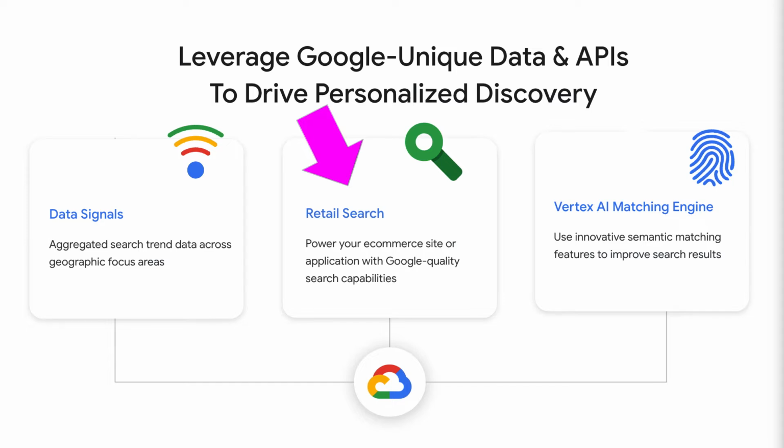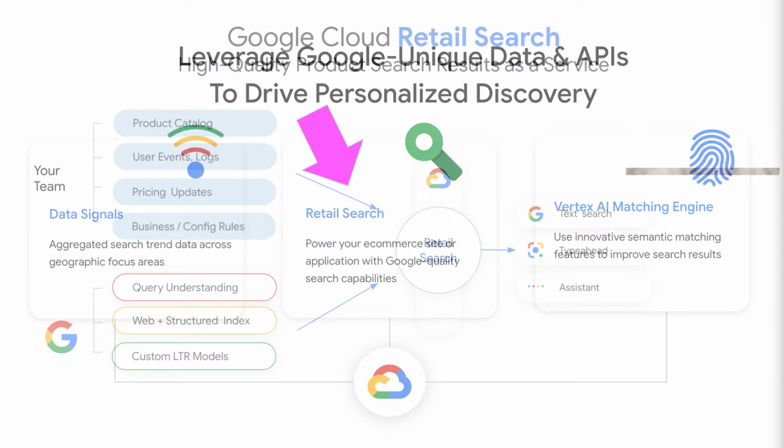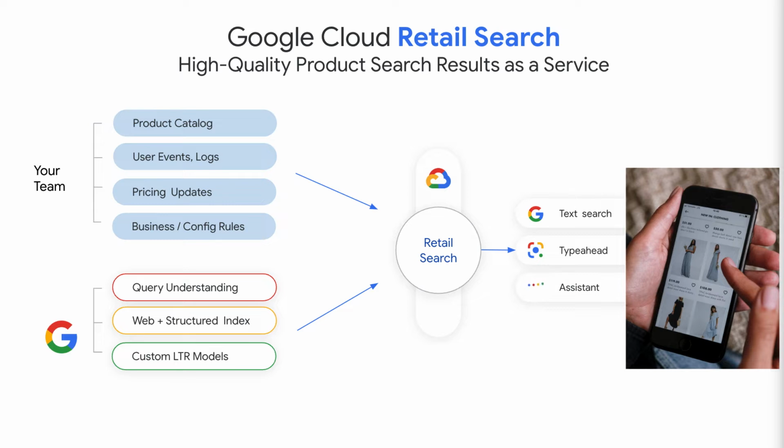Our second key building block is Google Cloud Retail Search, a purpose-built industry solution that gives retailers the ability to provide Google quality search on their own digital properties. Retail Search is a fully managed search engine capability which helps customers find the products they're most likely to find relevant across your own or their own product inventory. It's a fully customizable solution that allows us to provide helpful search experiences, including autocomplete, personalized results, and tunable filtering,